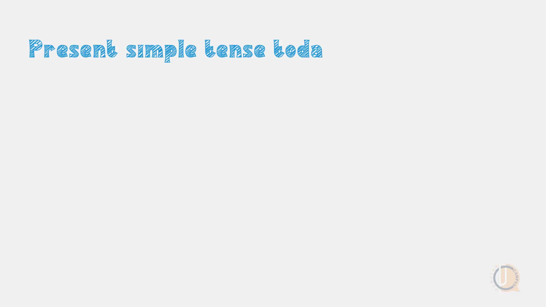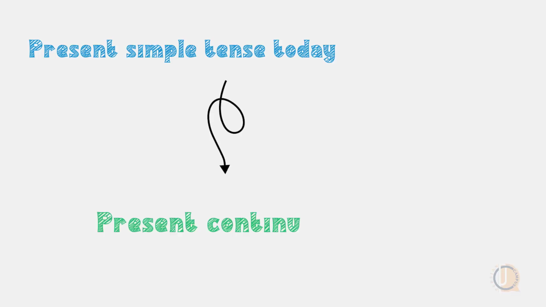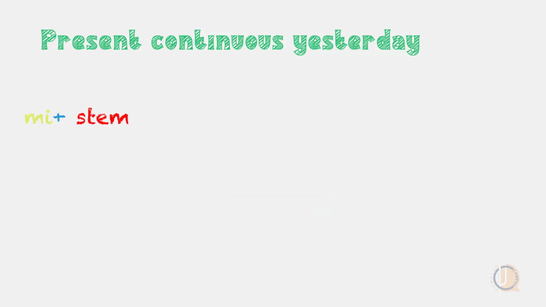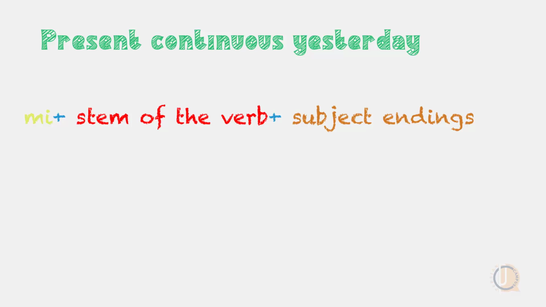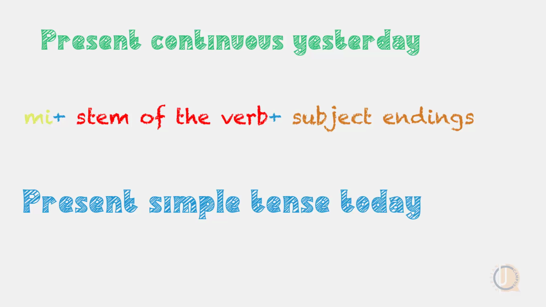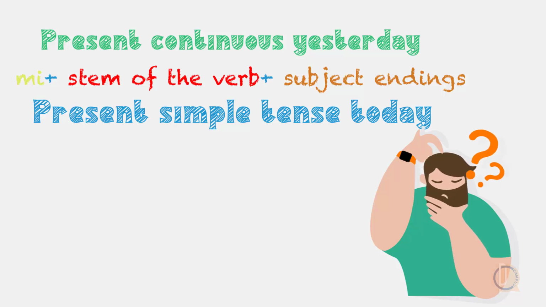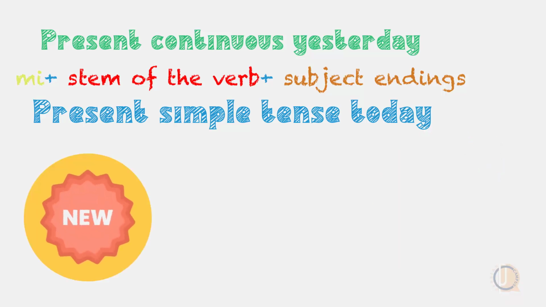For hundreds of years, the construction of present tense that I introduced to you in lesson 9 was used to indicate continuous. Around 100 years ago, a construction entered into Persian which changed the grammar a little bit. می plus verb plus endings, which originally marked the present continuous, is now used to refer to simple present tense. But why did this happen? Because a new form started showing present continuous, and the language didn't need two forms for